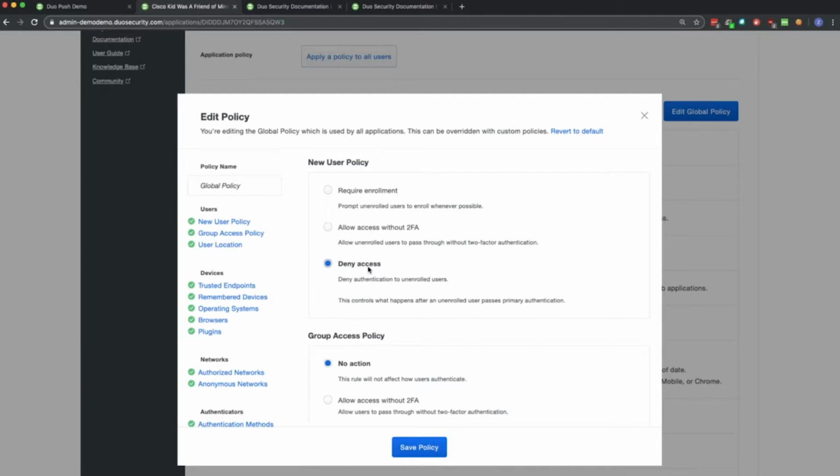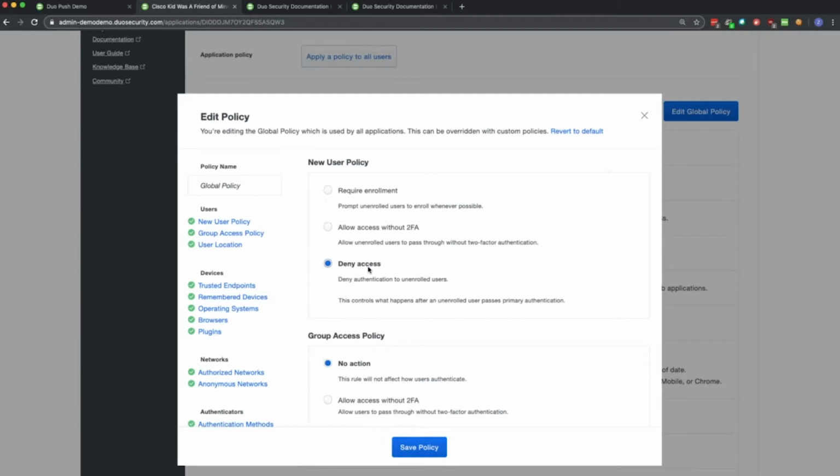Meanwhile, all other users that you have not added to Duo are not invited to enroll. They log in the same way they do today. They go to the same page, they enter the same credentials. Their experience does not change. It's still taking them through the Duo authentication process, but because of this new user policy that says only to prompt users that have been added or enrolled in Duo, they are not going to have their experience change. This allows you to test even if you don't have a dedicated sandbox environment.